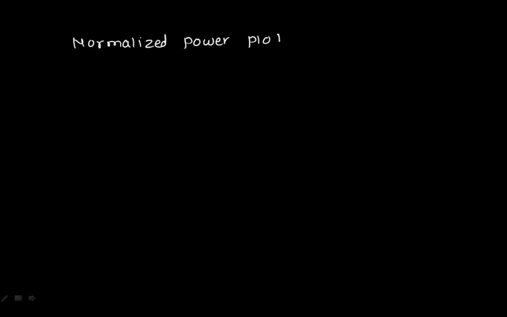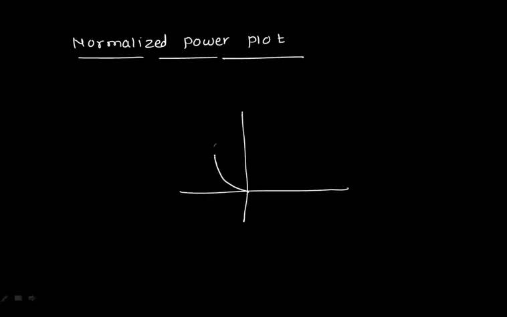Whatever antenna we have taken right now is a directional antenna. So your plot will be like this. What will be the maximum value of this particular power? It will be 1, because it's the normalized value. Sorry, it should be P_n. And here you will have theta. As your antenna is a directional antenna, it will radiate more in a particular direction and less in others.